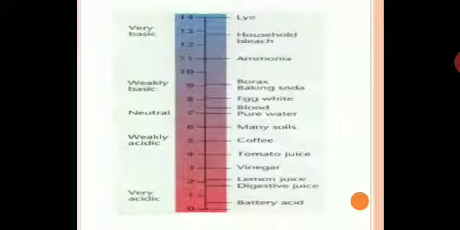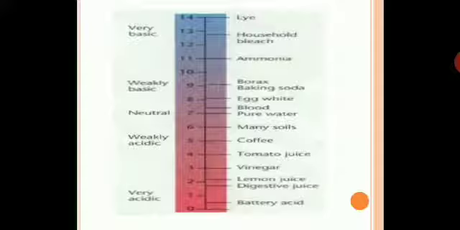Next, the pH scale is a scale ranging from 0 to 14, and it will show a color change depending upon the acidic, basic and neutral behavior of the substance. Just have a brief look on this. Pure water is neutral, so it will remain at 7. As you go below 6, 5, 4, 3, 2, 1, the substance becomes more acidic. Towards 0 the substance becomes more acidic, and when it goes towards 14, the substance becomes more basic.